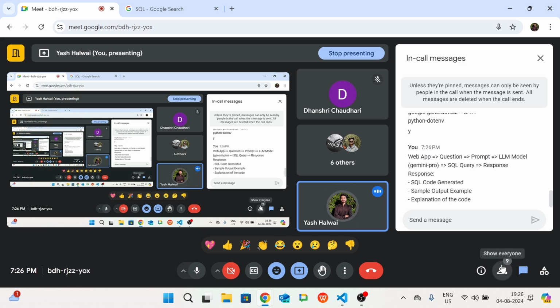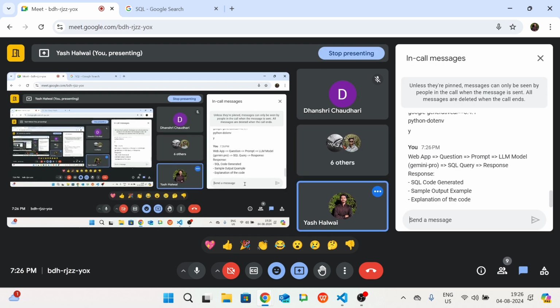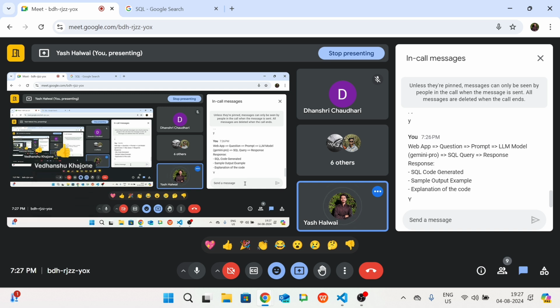So back to the main screen. Done with the requirement.txt and all further things. So can I start with the code now? Yes or no? Can I begin with the application, that is our app.py? Anyone unmute yourself and let me know. Done with all these things, so I can begin, or just type Y.